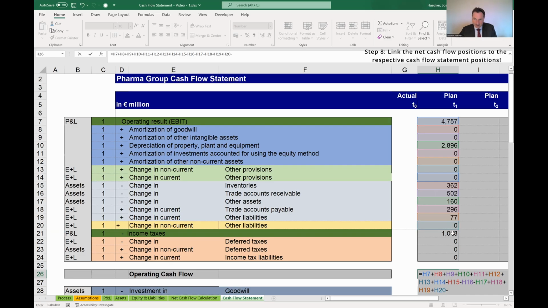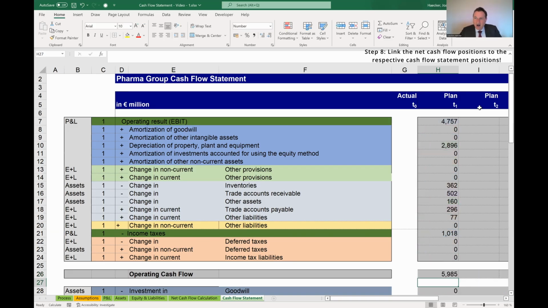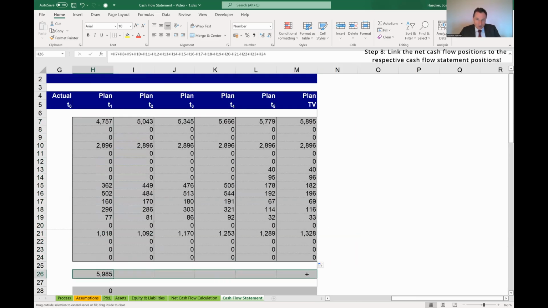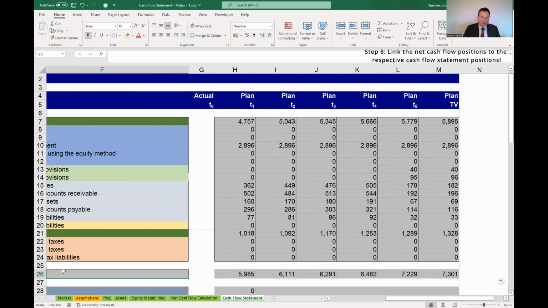I subtract the taxes because it's a money out. On the asset side, the position is subtracted, i.e. those deferred taxes are subtracted. On the liability side, it's added, therefore the deferred taxes are added. And the change in current income tax liabilities are also added. That's a huge formula. I press return. And now this is not my free cash flow, but it's actually almost the free cash flow, including the